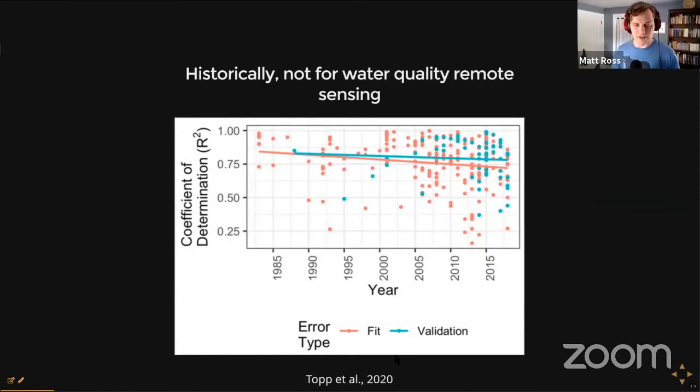And in this paper by Simon Top, we show that the predictive accuracy of remote sensing models, this is just an R squared, on either the fit of the model or the validation of the model, hasn't gotten a ton better in the last several decades. And potentially one of those reasons is that we just don't have large data sets that we can all compare methods across. Traditionally, when doing remote sensing of water quality, people were doing a local study and then doing their validation on maybe 100 or tens of points actually.